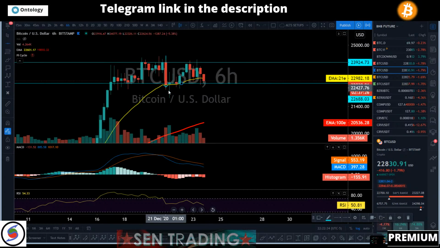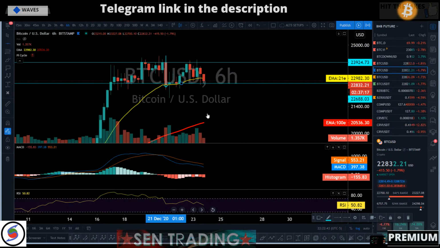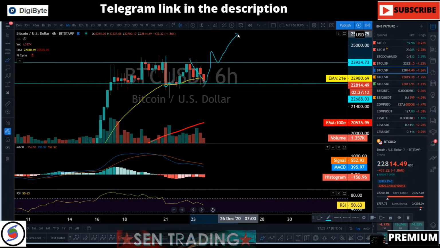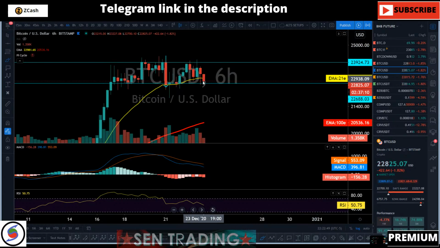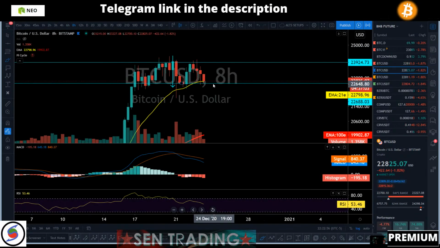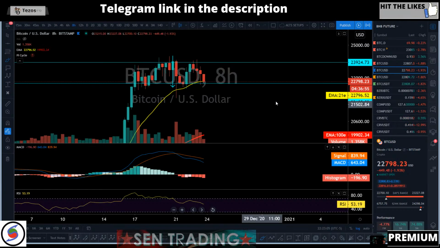So we knew exactly we were going to get some sort of support, but weren't comfortable enough for a possible breakout right away. Can it get support right here and then break it, retest it, and go to the upside? That's possible. But if we close below the 21 EMA, and on the 8-hour also the 21 EMA, it is going to be very crucial over the next few hours for the bulls. Let's just keep that in mind.